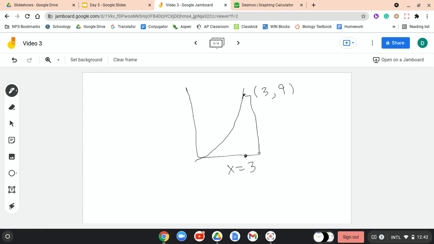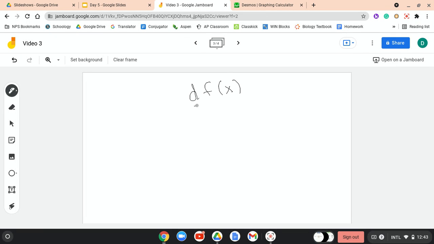So the height of our graph is just the output of our function, and the horizontal distance of our graph is just the input. So when we calculate derivatives, remember, we take a change in our y-coordinate and divide it by a change in our x-coordinate. So if we correspond that to what we just said about our machines, that means when we calculate the derivative, we're taking a tiny change to the output of our function and dividing it by a tiny change to our